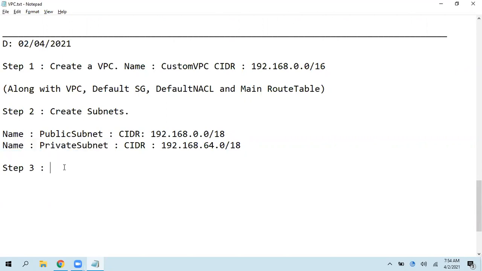So first of all, I need a component that can provide the internet. That component name is internet gateway. It is just like constructing a building, and within that building, on one floor you require internet, on another floor you don't require internet. But before that, you need to contact the ISP and he needs to fetch a cable to your building, right? That component here in our VPC is the internet gateway. Create an internet gateway. This internet gateway will provide the internet connectivity to our VPC.